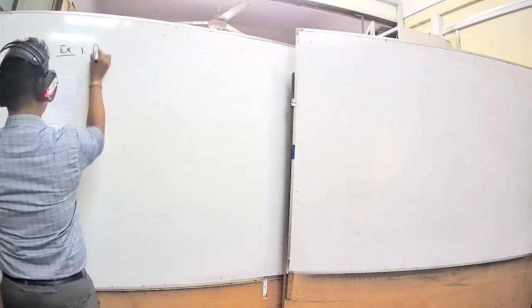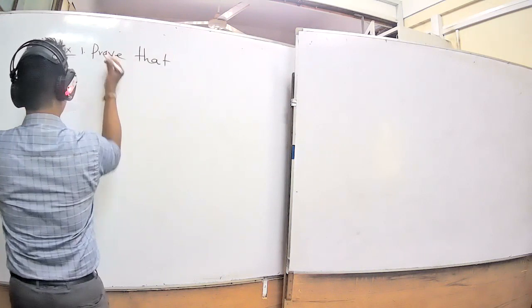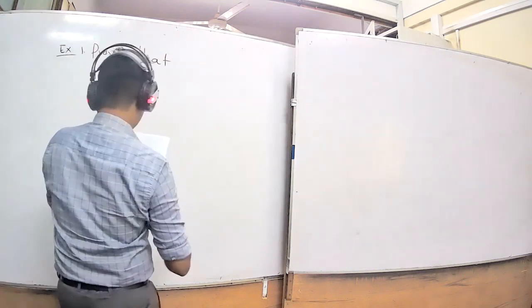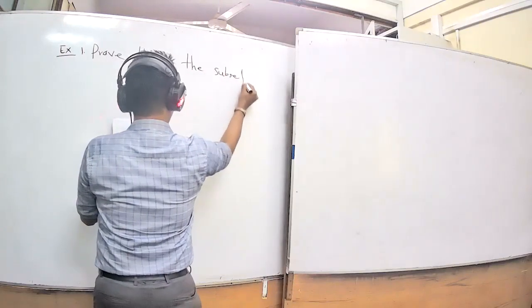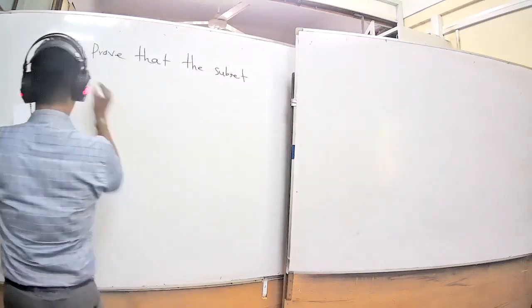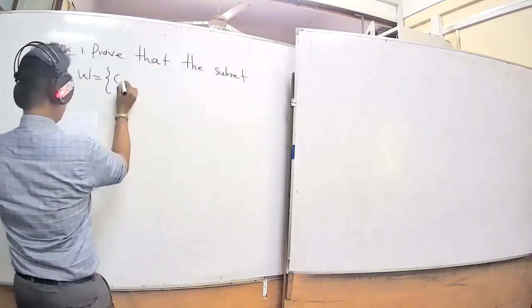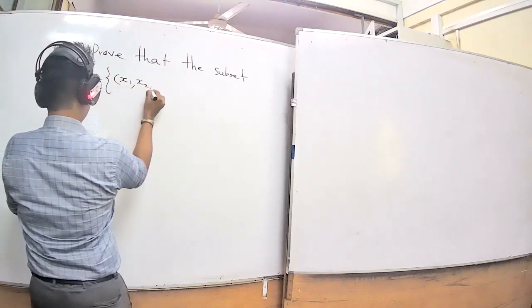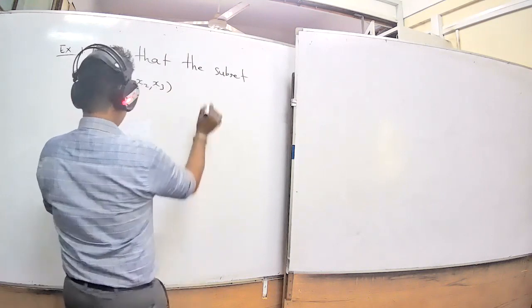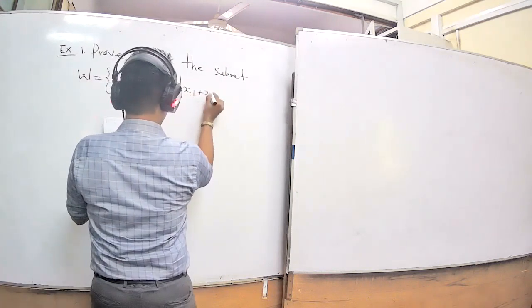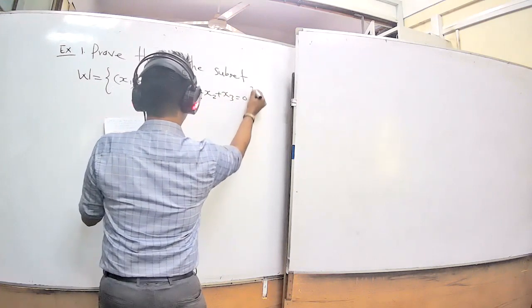Prove that the subset W, the set of ordered triples (x1, x2, x3) belonging to R cubed with the condition x1 plus x2 plus x3 equal to 0,